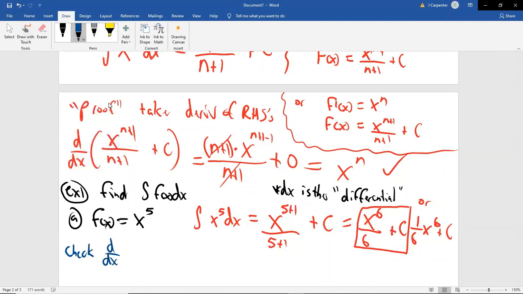take the derivative of what you got as the answer, x to the 6th over 6 plus c. You bring the 6 down, so that's 6 times x. Decrease the exponent by 1, so it's now 5. Don't forget that there was a 6 in the bottom. The derivative of a constant is 0. These 6's cancel. You get x to the 5th. It works. As I said, it's the only one I'm going to check. But you are always more than welcome to check.